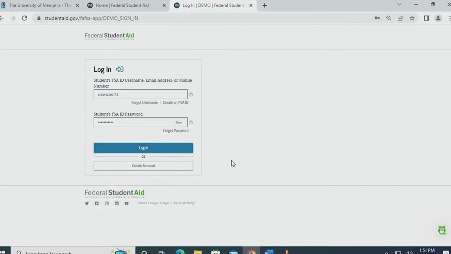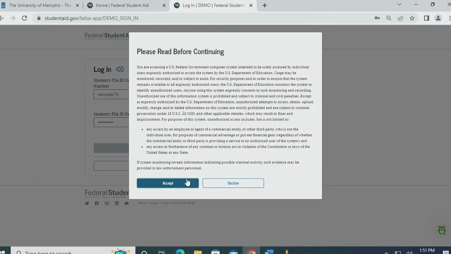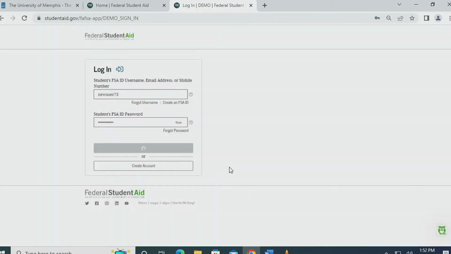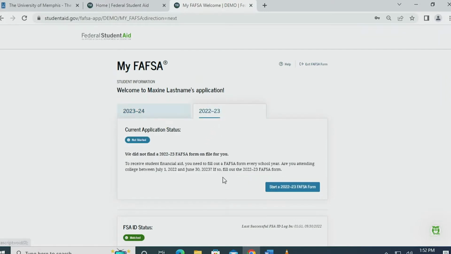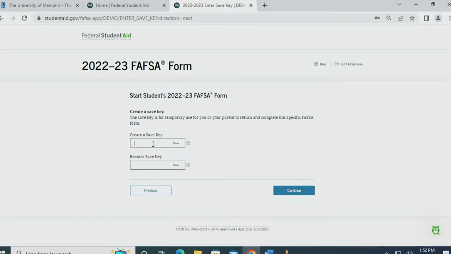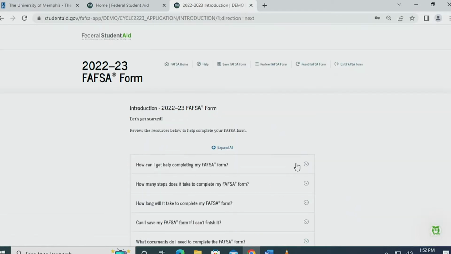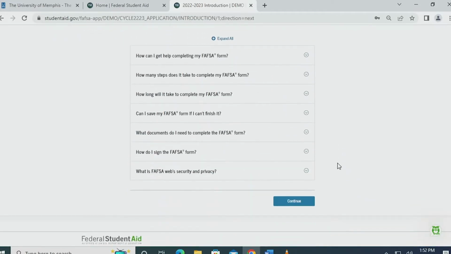After submitting your FSA ID and reviewing the information in the pop-up box, click Accept. For this demonstration, we will be completing the 2022-2023 FAFSA. The FAFSA for subsequent years will be available annually on October the 1st. After creating a save key in case you need to leave and come back to the FAFSA before submitting it, you will have the opportunity to review resources available to assist you with the FAFSA if necessary.